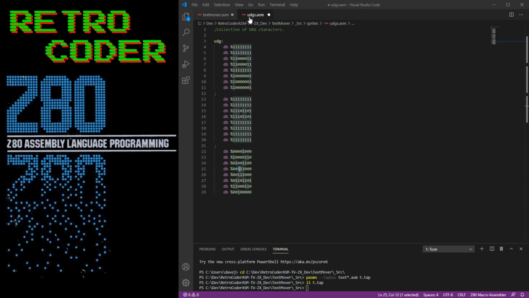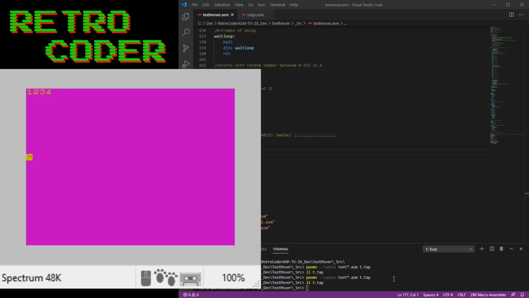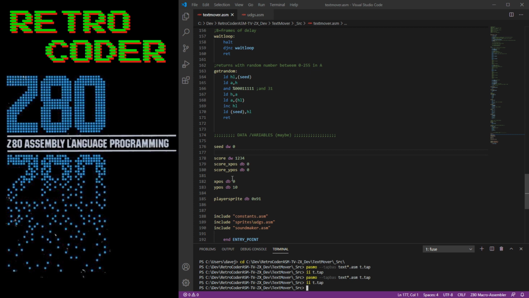So that's the first thing I wanted to show you what I've done. I've added us another UDG. I also changed the appearance of this one. So now if I run the game, no sound, and look, he looks more like a ninja. Well, he just looks funnier. Okay. Anyway,